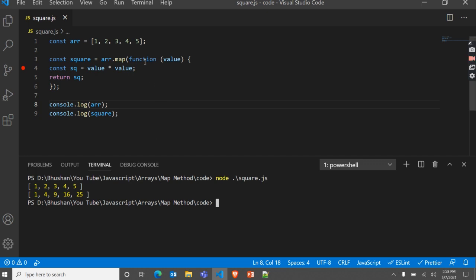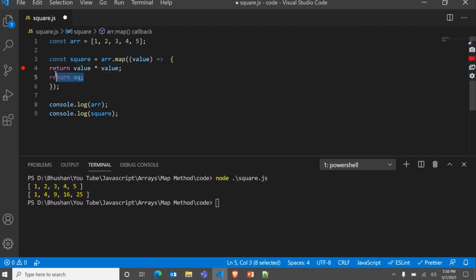We can also minimize this code. We can use a lambda method here. Instead of this, we can use an arrow function. We are returning a single value, so we don't need this extra variable to store it. We can directly return from here.